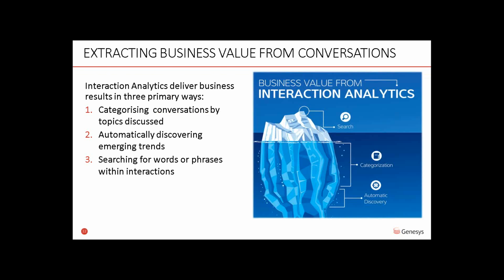On this slide, I have these prioritized in terms of the business value that they deliver. The first, which I would argue delivers the most business value, is categorizing conversations according to every topic